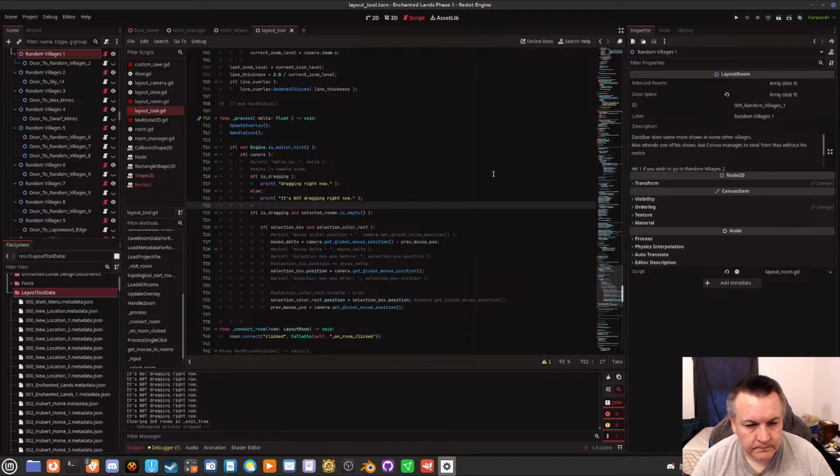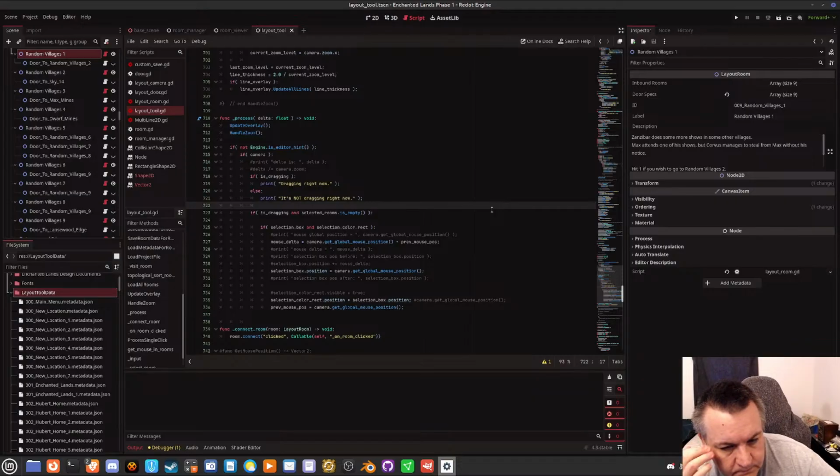Hmm. Uh, okay. I don't know. I'm not sure what to think here. When I have this in here, selection box and selection color rect, that means they exist. If it is dragging and selected rooms is empty,